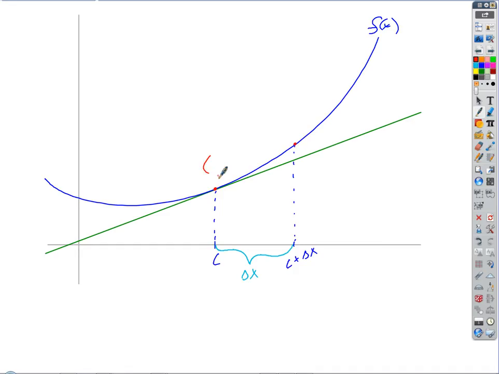This one is going to be c, f of c, and this one is